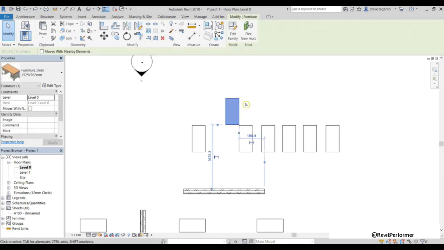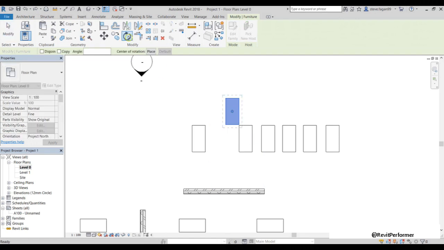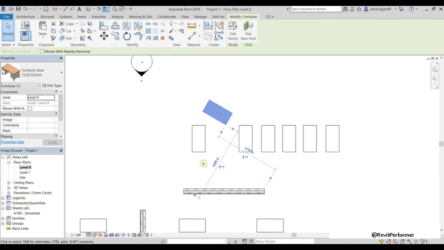Again, selecting the desk using the rotate tool. If we didn't want the ray of rotation to start in the center point, we can move that point. We have a couple of different ways we can do it. In the options bar, we can click on place. We can also come down to the grip, click and drag it to a new location. We can also click on spacebar and then specify the new point. Once we've placed our point, it's then again the same case of specifying the start point, pulling the cursor around, and clicking again to specify the rotation.